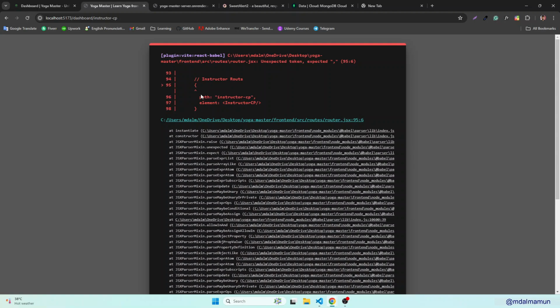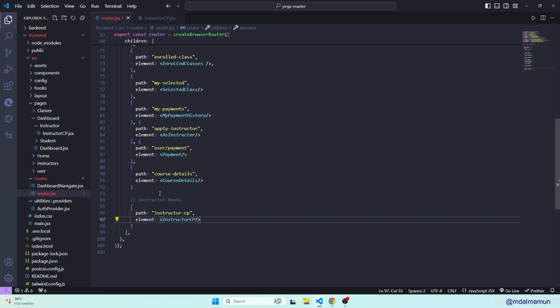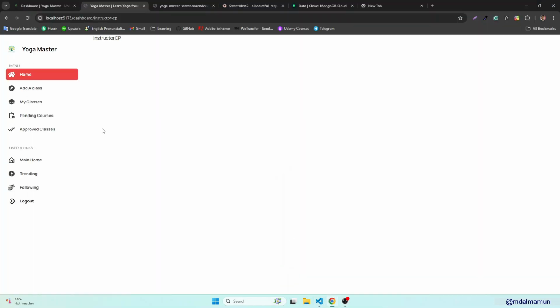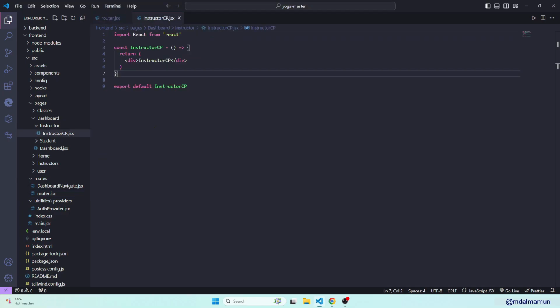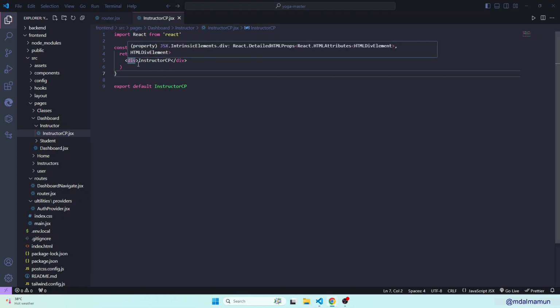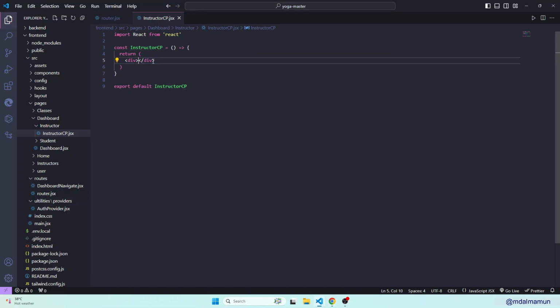Okay, so right now, if you refresh, where is the error? Here actually the error, let me define here, it's actually required a comma. Okay, after adding a comma, then you can see structure cp. So this page is something like this. We are just showing a simple banner. You can show details, but here only a simple banner. We'll keep it as simple as it is, but the design is on you. I don't have any recommendation for this, so let's make a simple